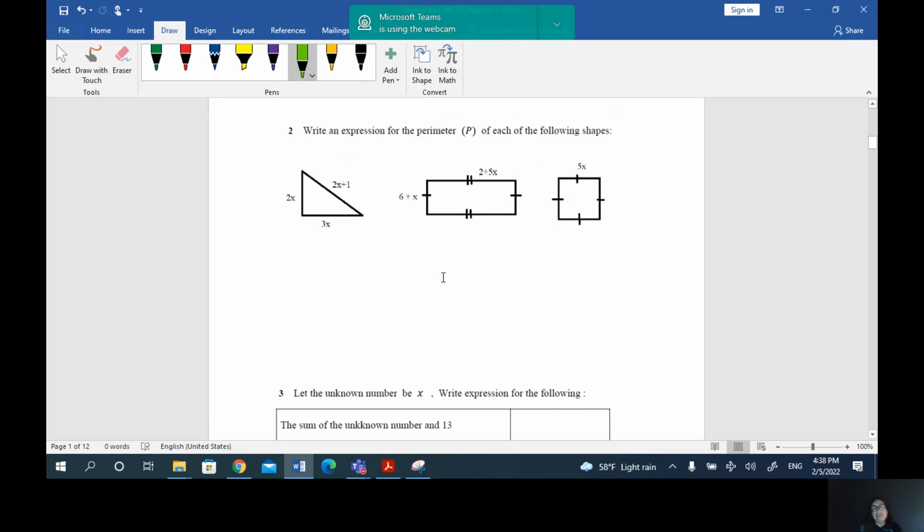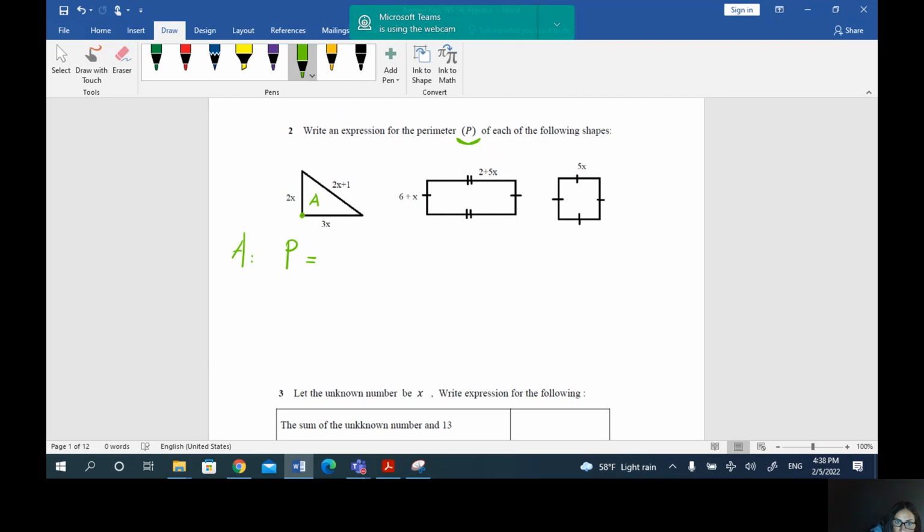In the second question, it's about writing expressions or forming equations. They want us to write an expression for the perimeter of each shape. The perimeter is adding all sides. So if we start with the first one, shape A, we're going to say P, which is the perimeter, is equal to